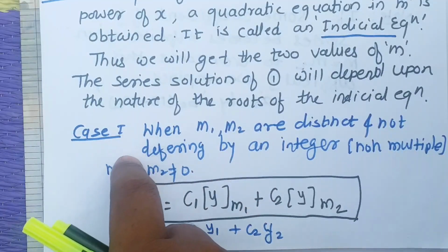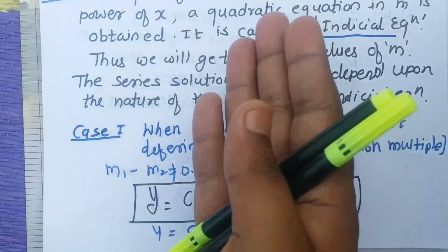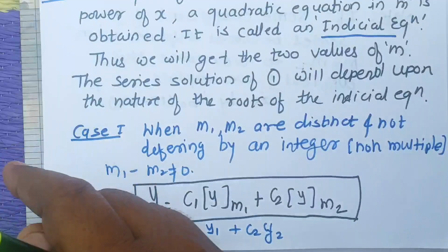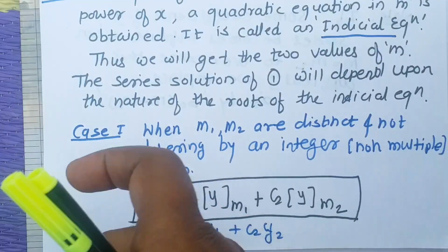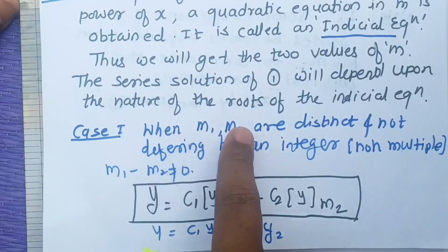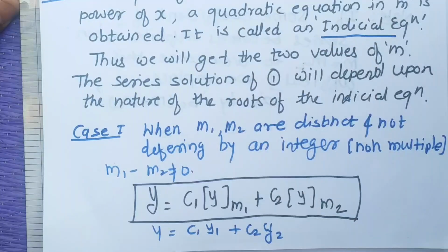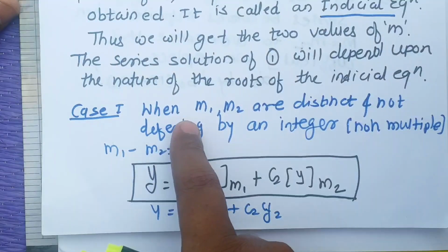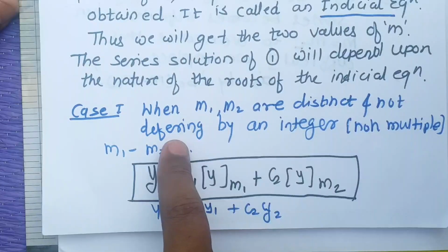Okay, there are total three cases. Depending upon to which case that root goes, accordingly the previous steps of calculation of solution will vary. Okay, so first case, when m1 and m2, where we have denoted here m1 and m2, the two roots of the initial polynomial. Okay, when m1 and m2 are distinct and not differing